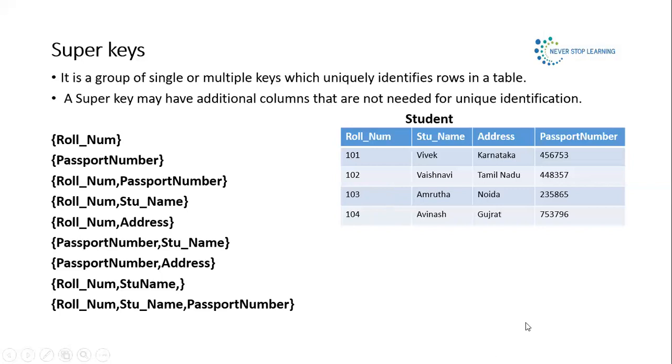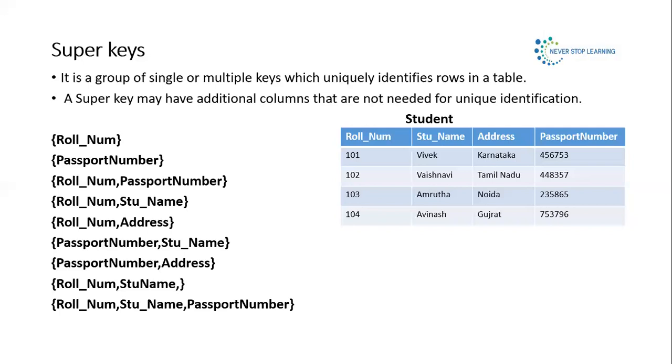Next is passport number. Now passport number, Aadhaar number, they are the unique identification of a person. No two persons have the same passport number. So again this can also act as a super key. If I'm saying I want the data of 456753, the passport number of a student is this, and I want entire data of that person. So I can easily find out that we are talking about the person whose roll number is 101, name is Vivek, and address is Karnataka, because he has a unique passport number. So like this we can fetch the data.